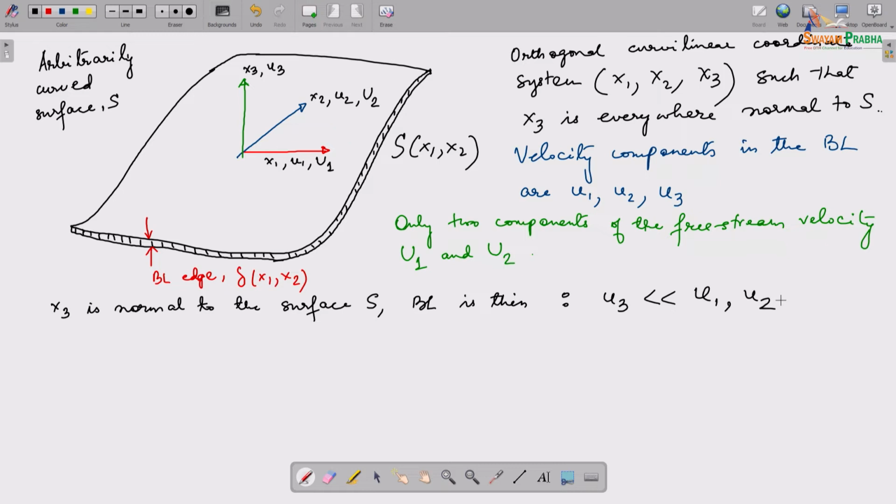Basically we are saying that the velocity component in the direction perpendicular to the other two coordinates is much smaller than the velocity components in those two coordinates, and therefore that's essentially